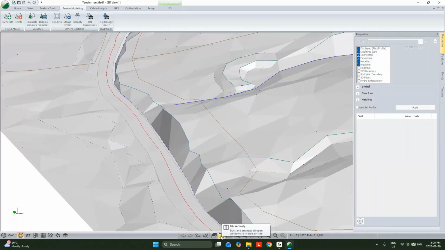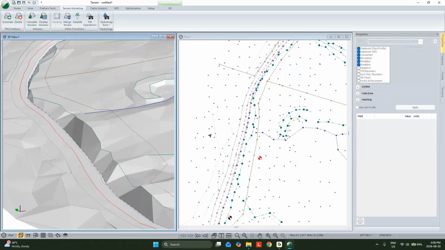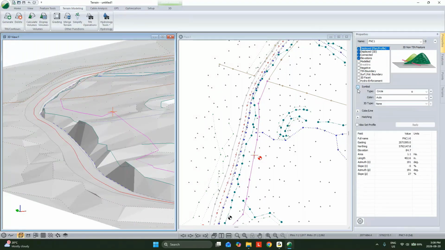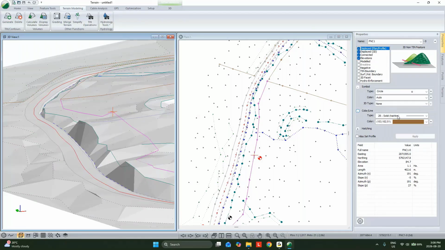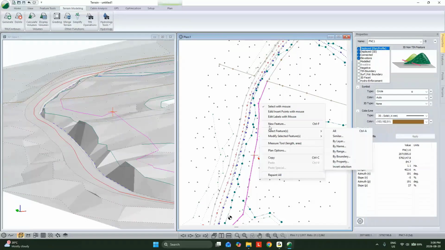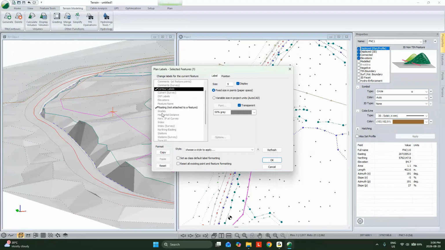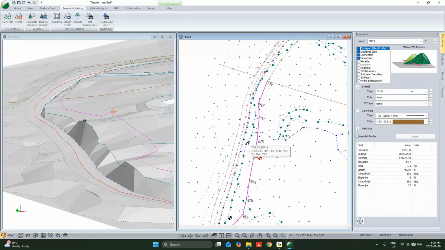actually let's just tile these side by side. So like this guy here, it's not included in the model because the model property isn't set. So these model properties control how the software is visualized and interacts with the model. And then of course we could also do things like change our line work if we wanted to. Or maybe we add in labels on a selected feature. And sure, maybe we want to see, let's do elevations. So pretty easy to manipulate that stuff, control how you see it, control how it controls the surface,